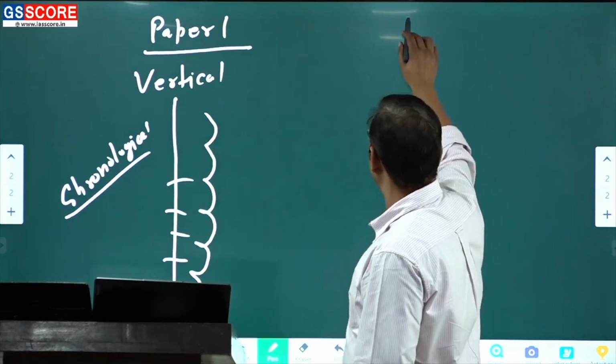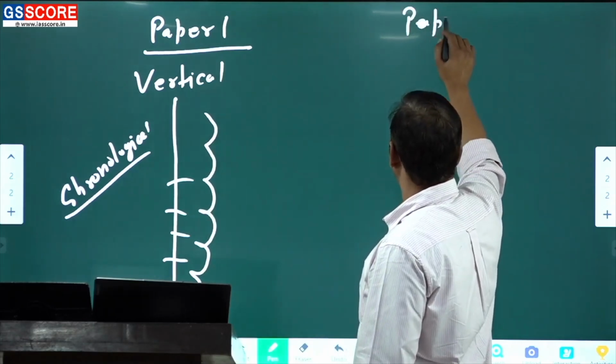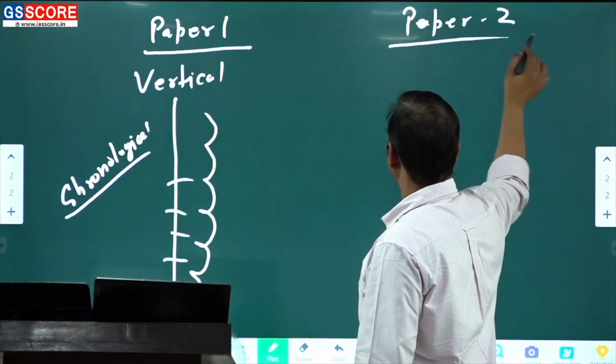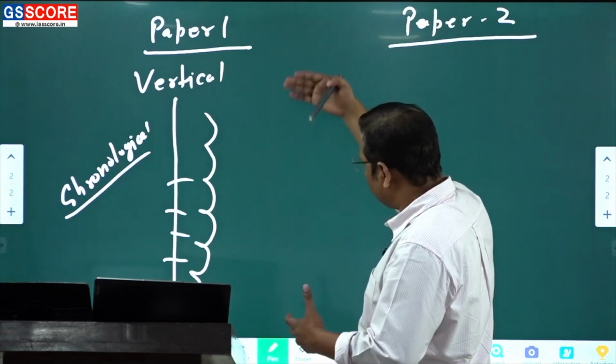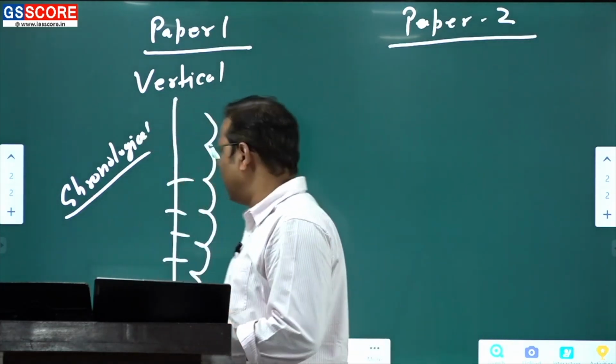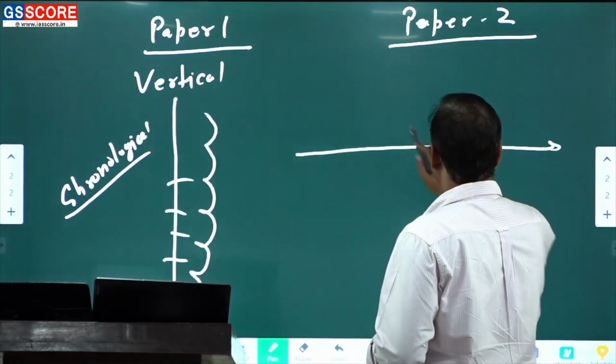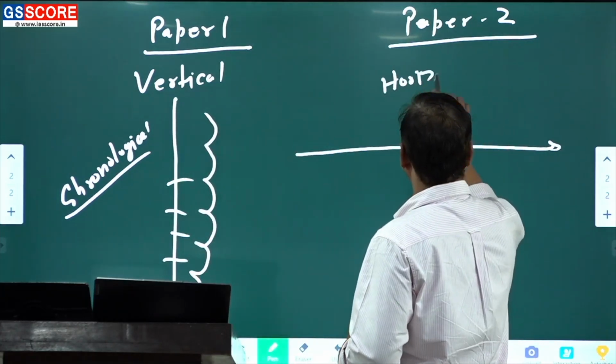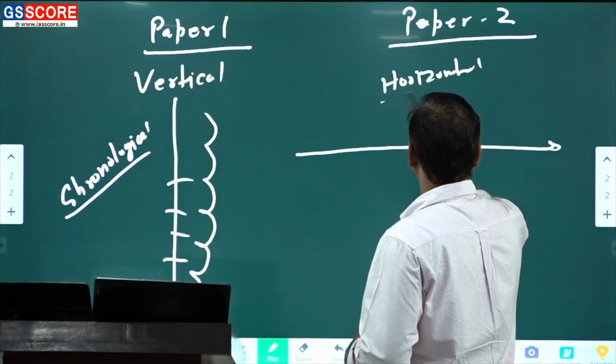But the moment it comes to paper two, here you do not study the syllabus in such a vertical manner, but the syllabus has been provided to you in a horizontal manner, right? So here I used to say one thing. What is it? It is basically the horizontal study. Now what is this horizontal study?